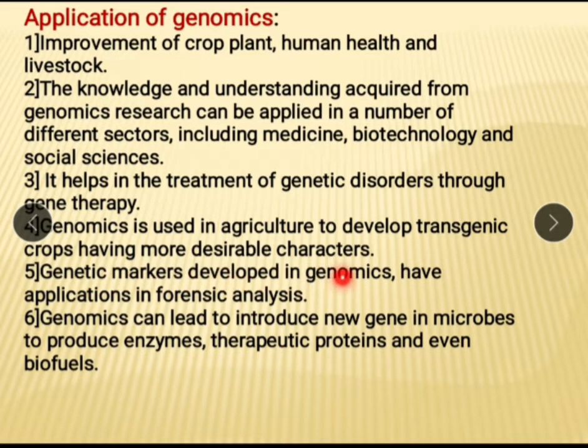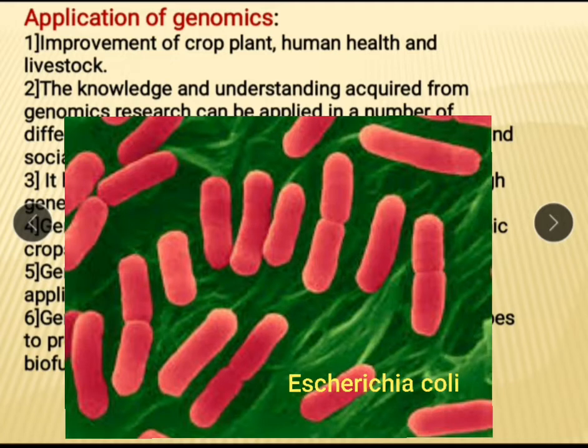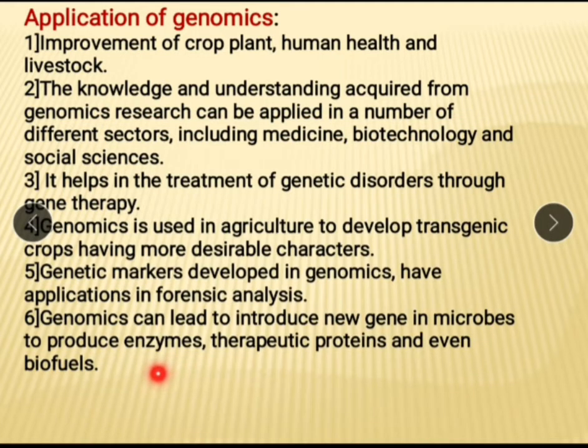Then genetic markers developed in genomics have application in forensic analysis. Genomics can lead to introducing new genes into microbes to produce enzymes, therapeutic proteins and even biofuel. Through genetic engineering, we obtain transgenic microbes which produce the desired product. We get insulin from the bacteria E. coli, which is a transgenic one. So we obtain different products by this